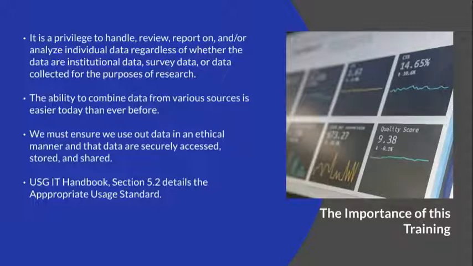Technology today makes it easier than ever to combine data sources. For example, we can combine student academic data with housing data. It is also possible to track students beyond graduation by linking institutional data with IRS tax returns or the Bureau of Labor Statistics data. But is it ethical? And if we decide it is, do we need to notify people that their data are being used in such a way? Or do we need to let them know who will be able to view, access, or delete their data?